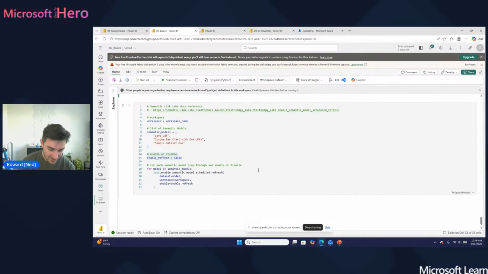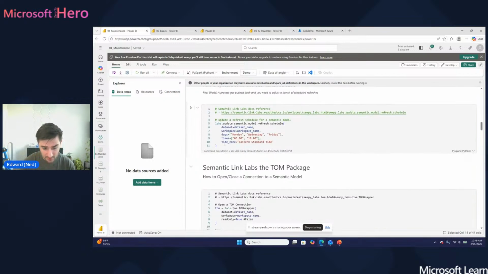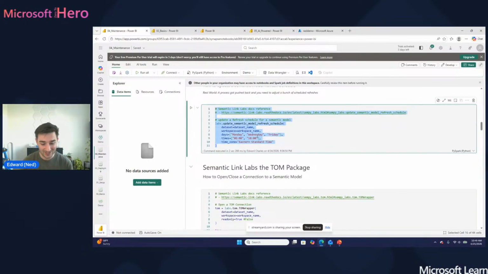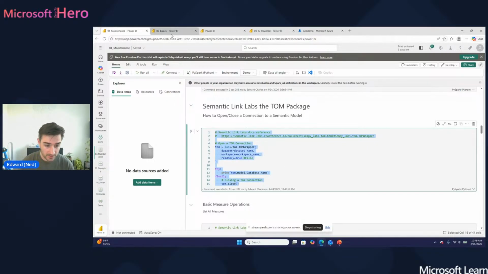No? Okay. All right. So again, one of the reasons why you might want to enable or disable en masse is maybe the data warehouse that you're trying to ingest data from is down, right? This would be one particular way that you could shut everything down. And then also, in a different refresh section right here, you could update a refresh schedule. But I'm not going to run any of those because I want to cover the TOM package out of